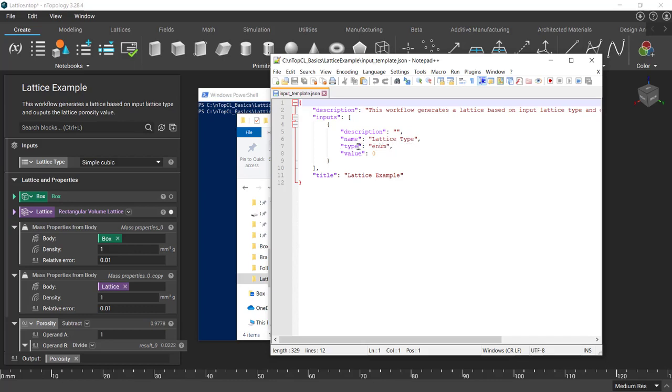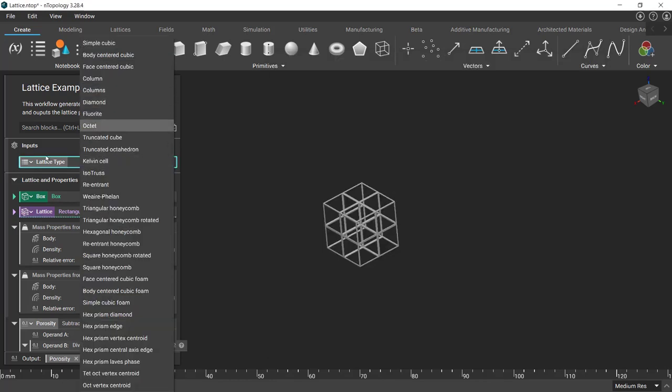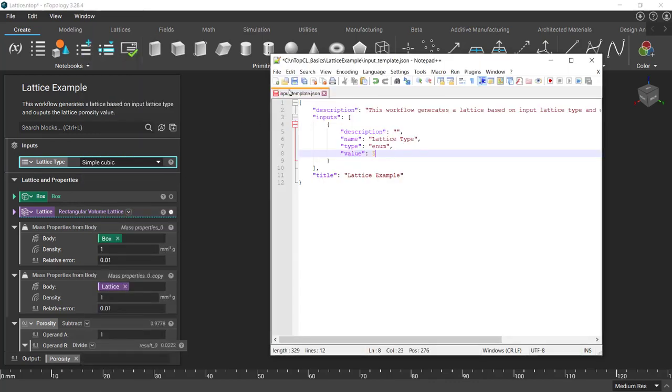If we try to do this type of input for the previous method, we won't be able to do that because it can only support either string or integer type input values. But here we can do that, and we have the value here which we can change. So if I want to modify this to 5, which is the index of the diamond type, and then save this file into that input template,